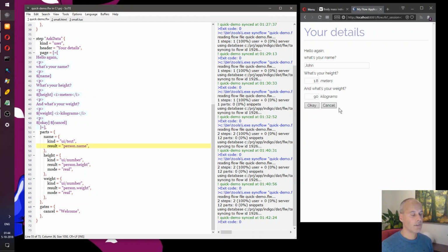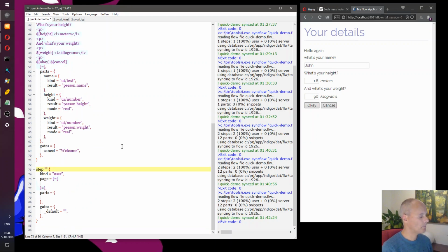So we have some values. We have a form that accepts these values and makes sure that they're not empty. So now we need to perform the calculation. And to do that, let's simply add another step. I'm adding another step. What shall we call it? Let's simply call it calculate.